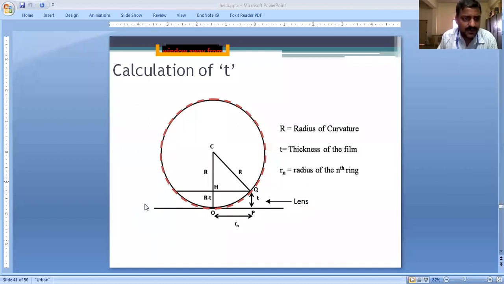Why minus lambda by 2? Amma, you can take plus lambda by 2 or minus lambda by 2, because a phase difference of pi is equivalent to a path difference of lambda by 2. As I mentioned, you can take the lambda difference as positive or negative. Ultimately, it is going to be different by lambda by 2. For mathematical convenience, in some cases we take plus lambda by 2, in some cases we take minus lambda by 2. Ultimately, the m or n value will be different.